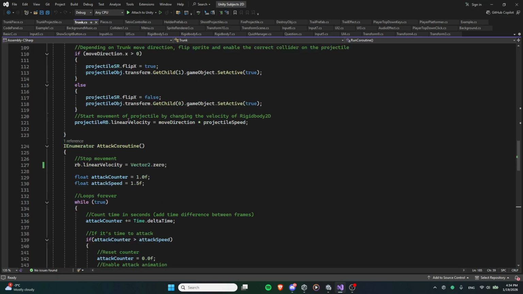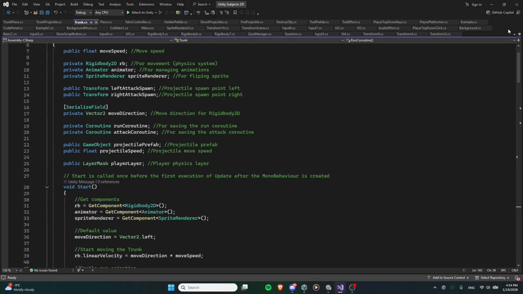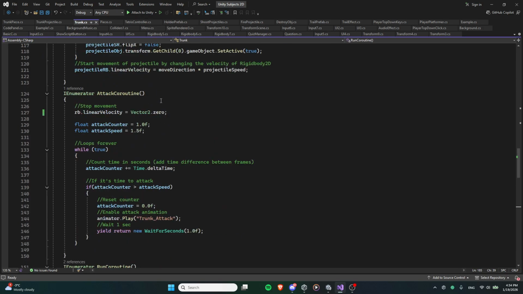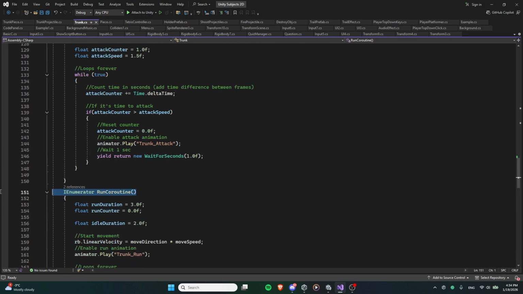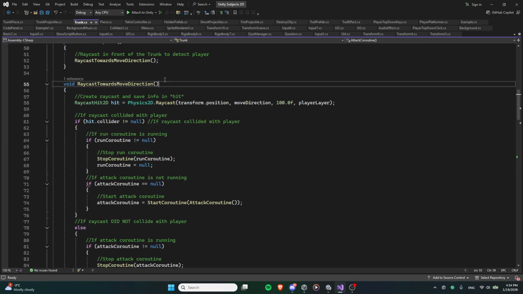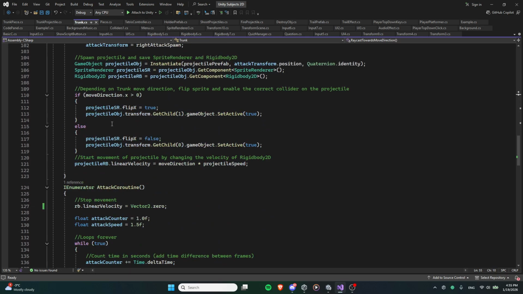Okay, so again, I will explain this one more time. So the idea is we have two behaviors. We have an attack coroutine and a running coroutine, and we switch between these with this function here that will raycast in front of the enemy to detect the player. So if the player is in front of it, we use the attack coroutine. If there is no player, we go back to the running coroutine. So that will be